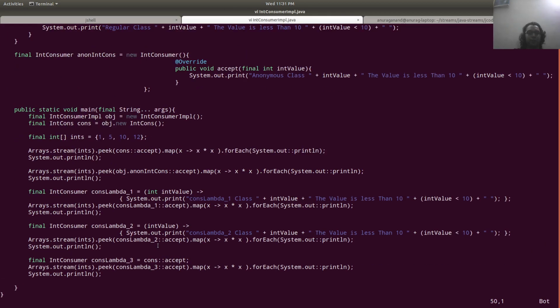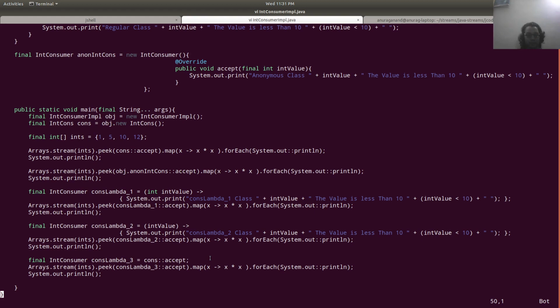So we can use method reference to do it, like we are doing over here. Instead of directly putting it inside this peek function, we are first storing that value in some other variable, and then we're putting it over here. So this is how we can provide the function implementation from another function implementation.